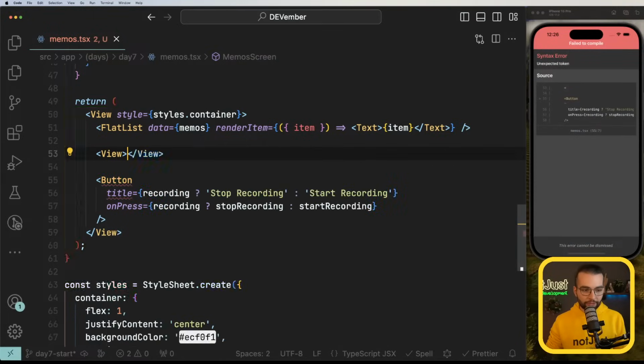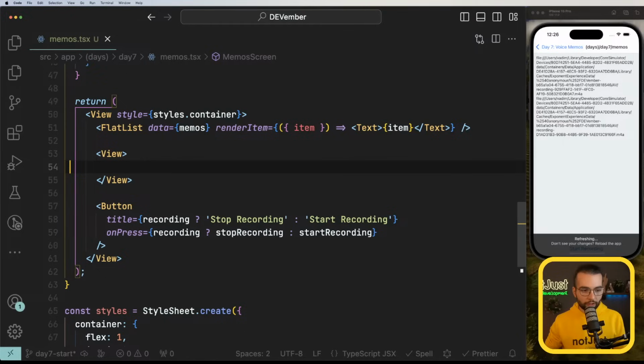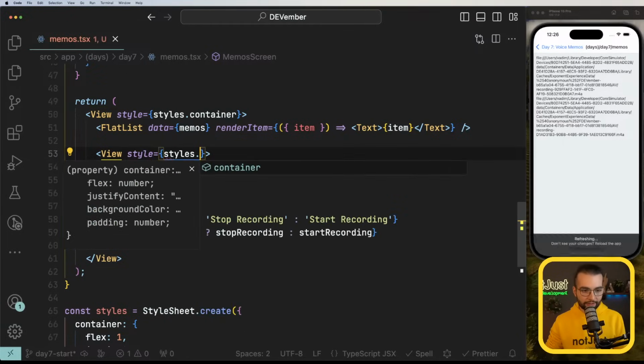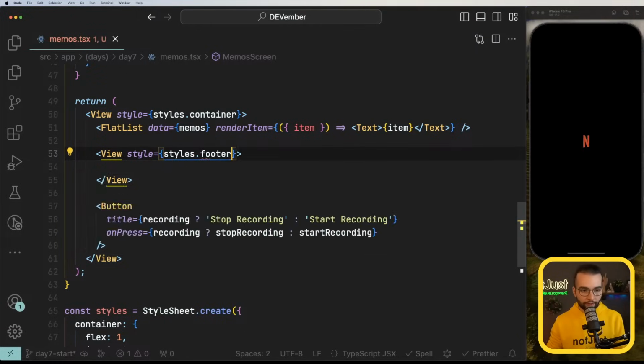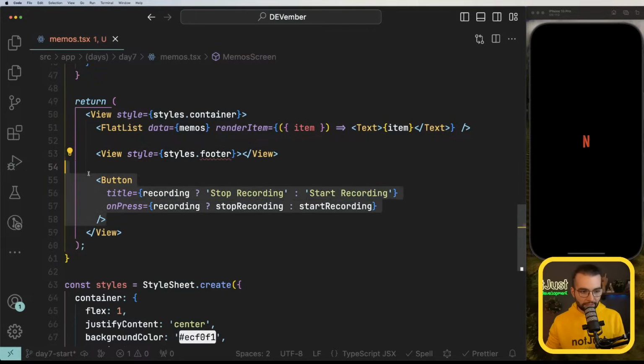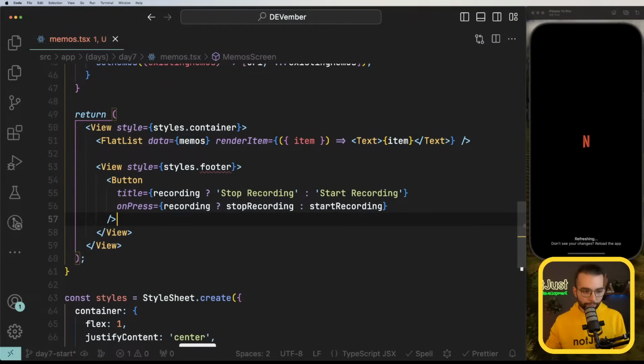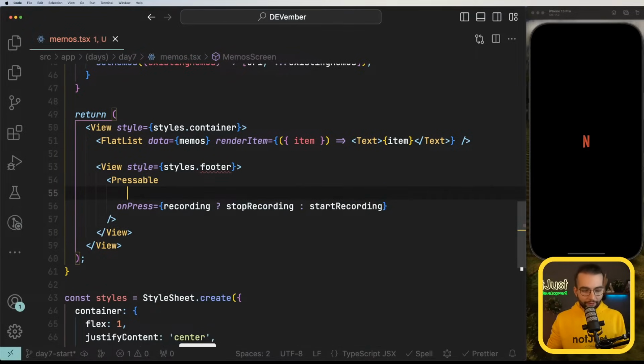First of all, I'm going to start with a view that I will call footer, and I will style it with styles.footer. Inside that footer, let's put the button itself, but it's not going to be an actual button. It's going to be a pressable that will not have a title, but will have some style,